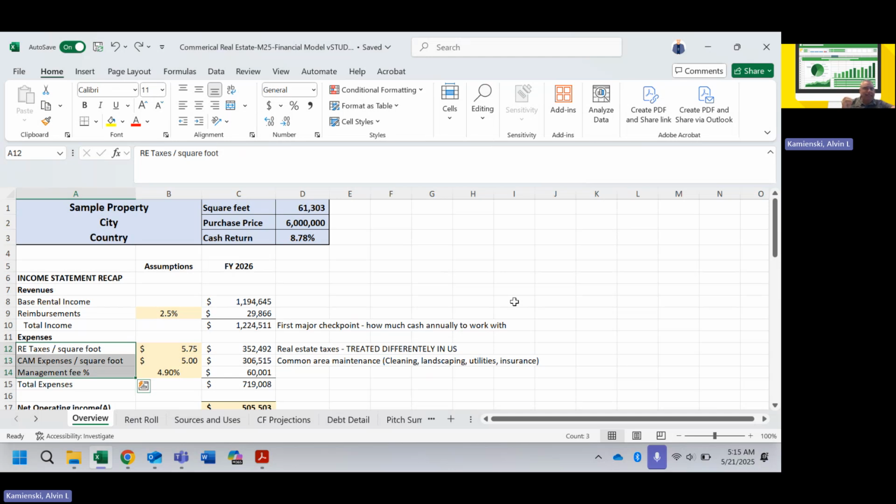We normally allocate something like $1 per square foot just for snow removal. When you don't have to pay for snow removal, that's just money I get to keep. But we allocate for that common area maintenance. Then the third thing, and I think this is where your firm maybe slides in, we also then charge a